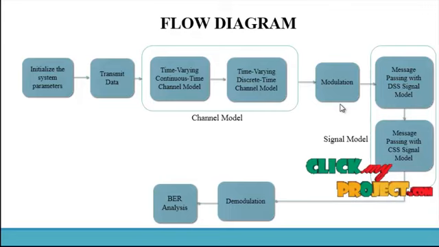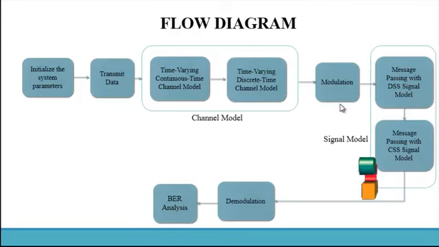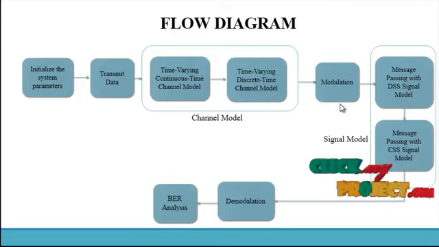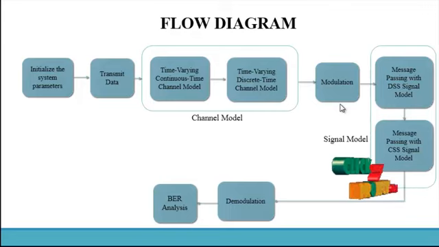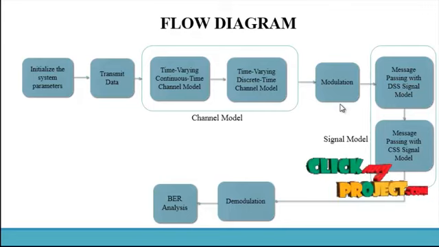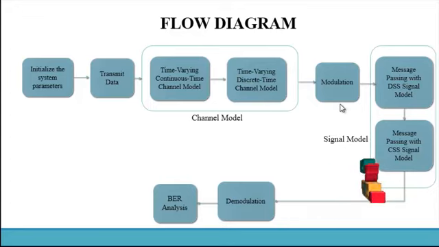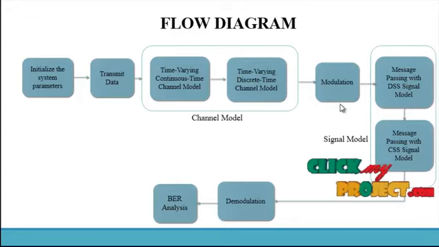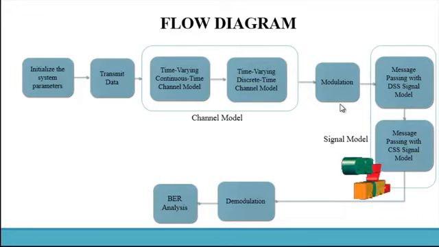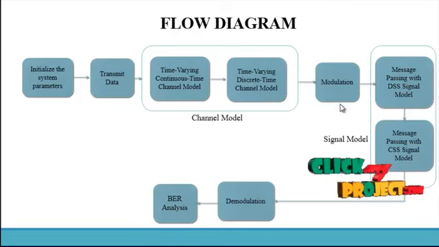Under these OFDM signals we apply the message passing technique for the signal model. This is a very important step of our process, because of the message passing discrete state space model of the signal. The state space separates the discrete signals for a discontinuous signal model, and we use the message passing technique for the continuous state space model for continuously getting signals, like the channel model. These two techniques form the signal model, which is then passed to demodulation.